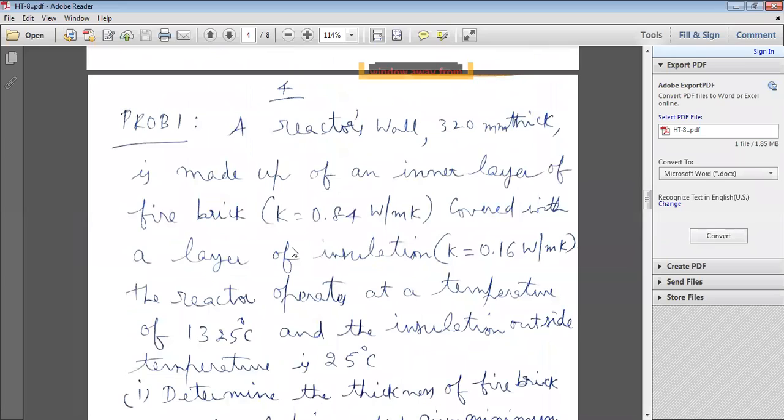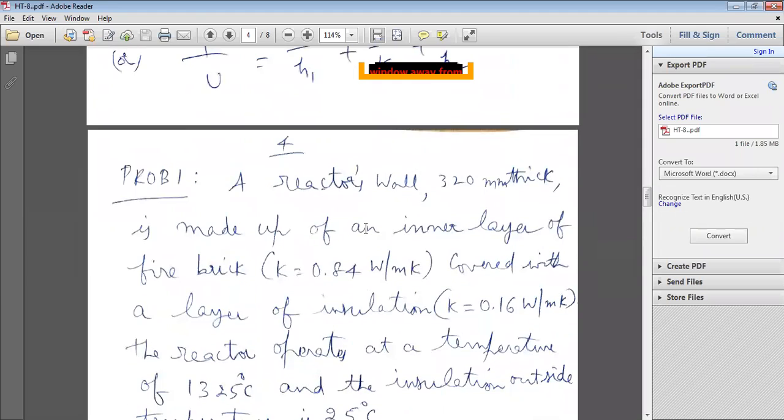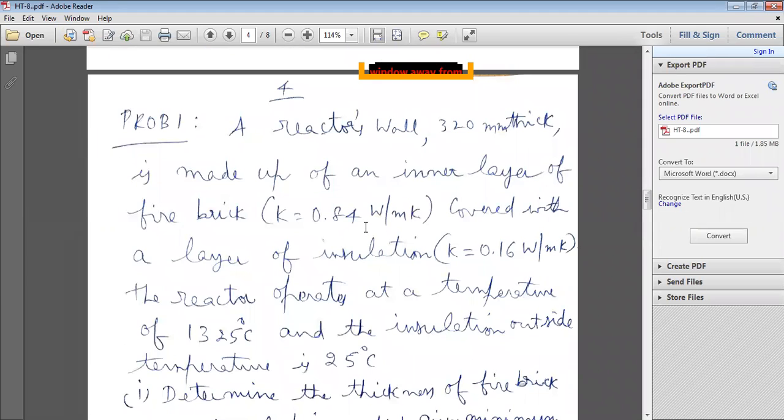Okay? So a reactor wall. First problem. All of you listen carefully. Listen to the analysis of this problem, and don't follow it directly without practicing. You have to practice the problems with a rough notebook at your home. All of you practice a number of problems. Then only you can easily answer any type of heat transfer problem. Just listening is not at all sufficient. So listen first, and after that you practice a number of problems on this heat transfer analysis.